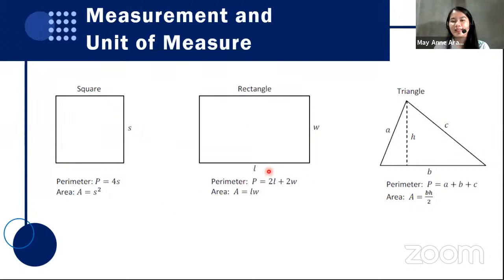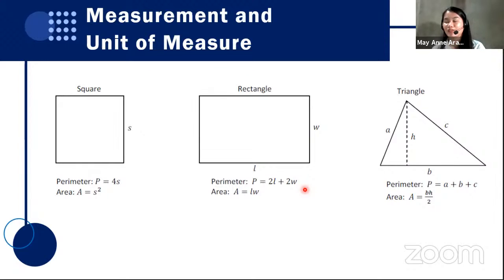And for a rectangle, you have two lengths here, one for this and one here. And for width, one here and another one here. So perimeter is just the sum of twice the length and twice the width. And the area is just the product of the length and width. And for a triangle, to get the perimeter, just add all the lengths of the sides. Or if the given triangle is an equilateral triangle, meaning all sides of the triangle are equal, just have 3